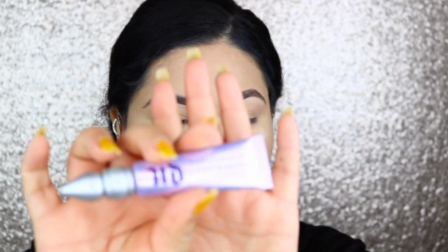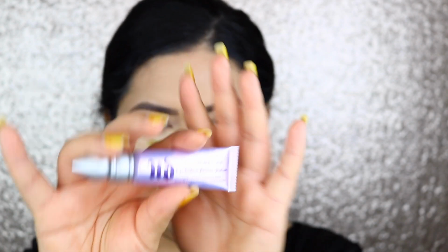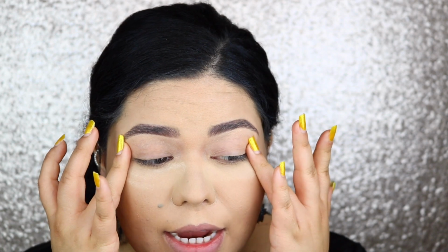Alright, so first things first, you're going to want to prime your eyelids. For today, we're going to be using the Urban Decay Eyeshadow Primer Potion. This is the original one. So we're going to go ahead and prime those eyelids and then we can get started on this 4th of